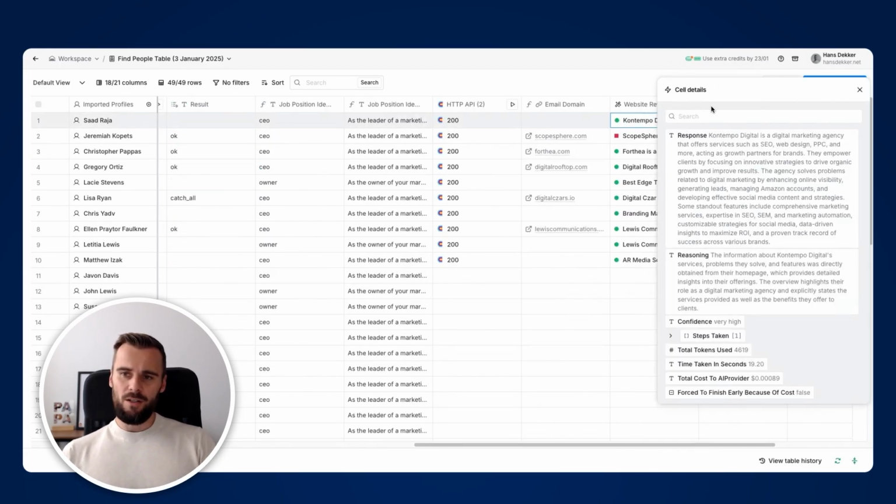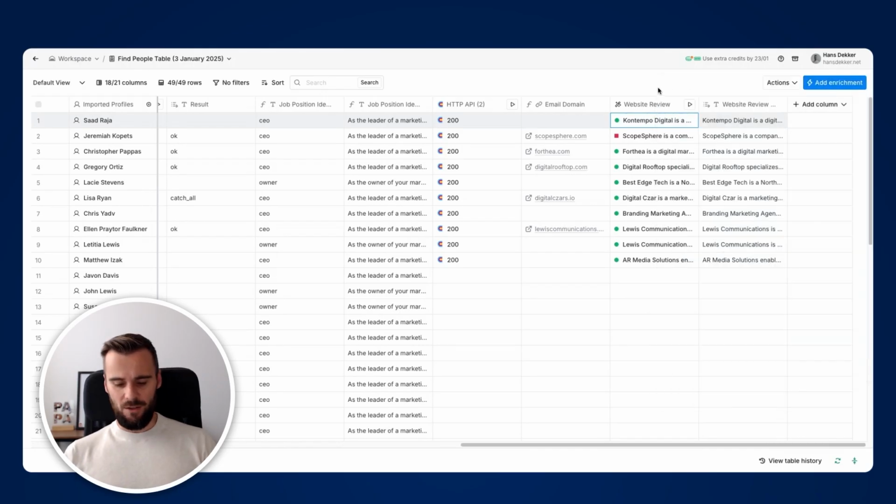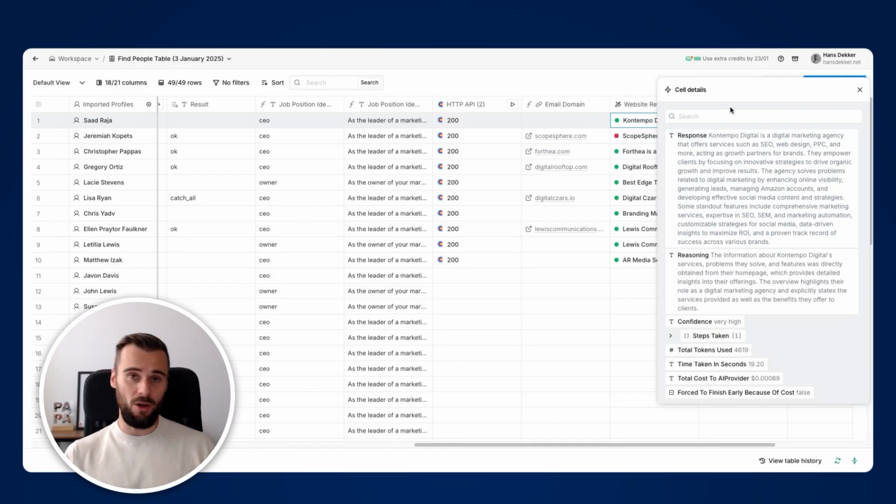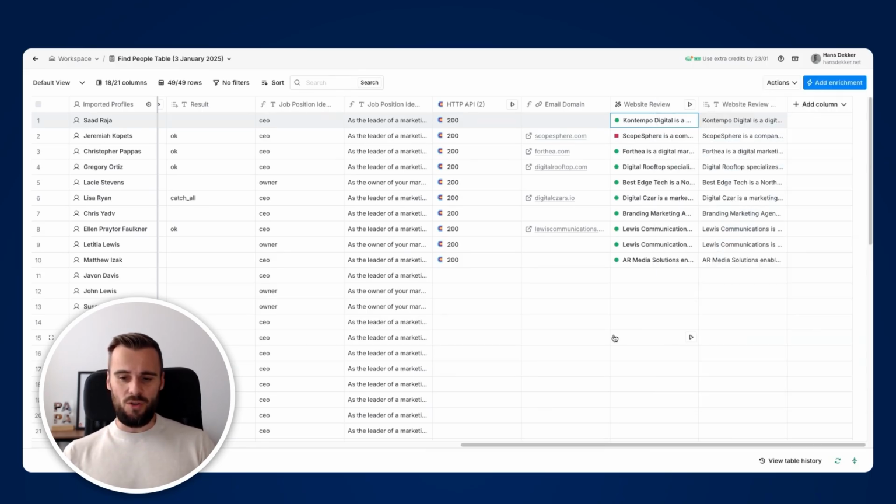So as you can see here, the ClayGen, so the AI agent of Clay, went to every single website of the company where these people work, so all these different marketing agencies, and it had a look at what the website does and what the company does based on their website. So in this case, Contempo Digital is a digital marketing agency that offers services such as SEO, which is what we were targeting, web design, PPC, and more, acting as a growth partner for brands. So that is something that we can definitely use,